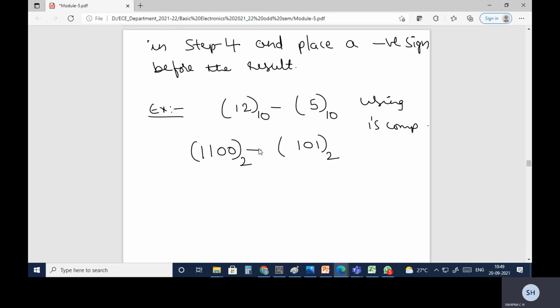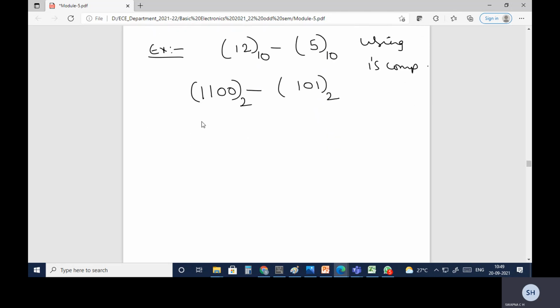Now you need to follow the steps. One more thing to check is the number of bits. This is your minuend and this is your subtrahend. Here I have 4 bits, but here I have just 3 bits.